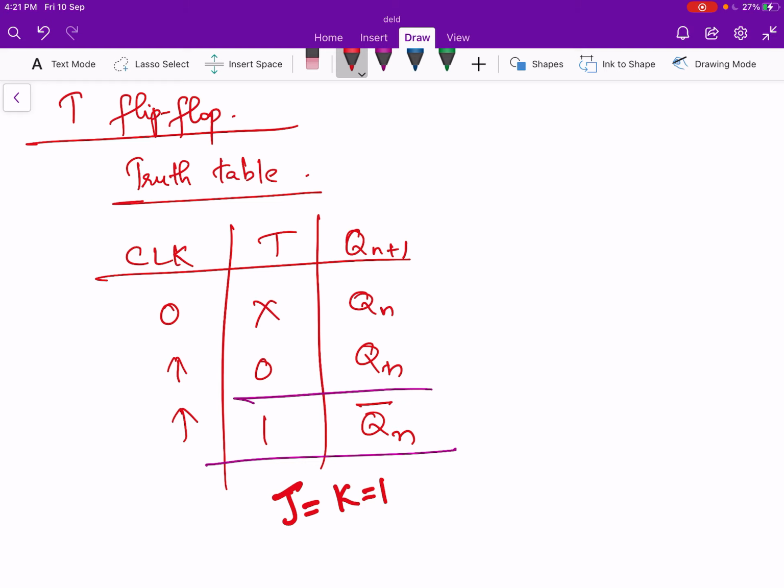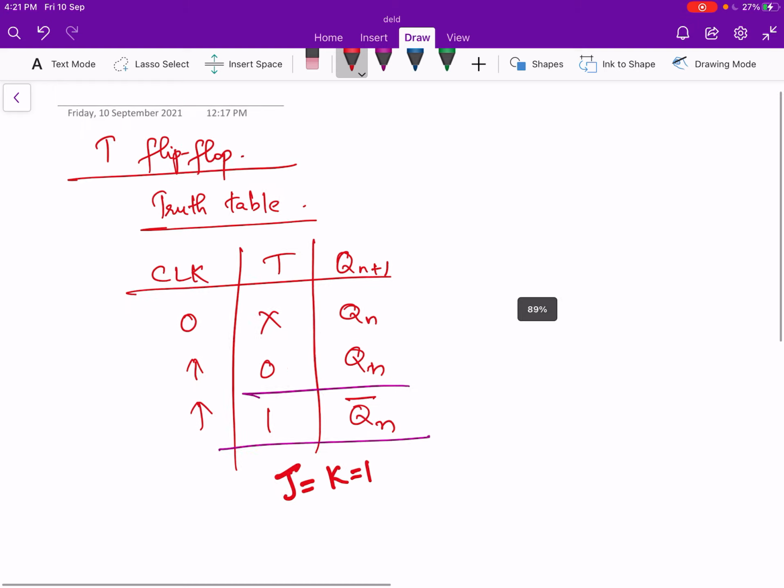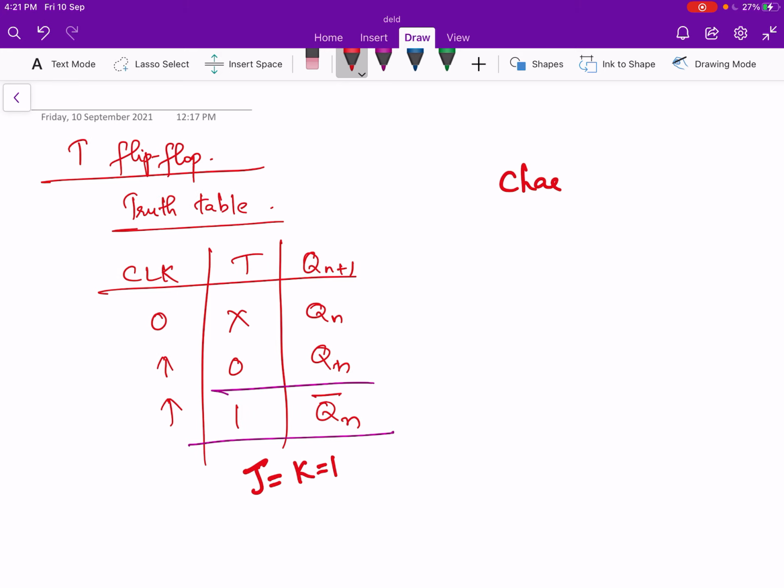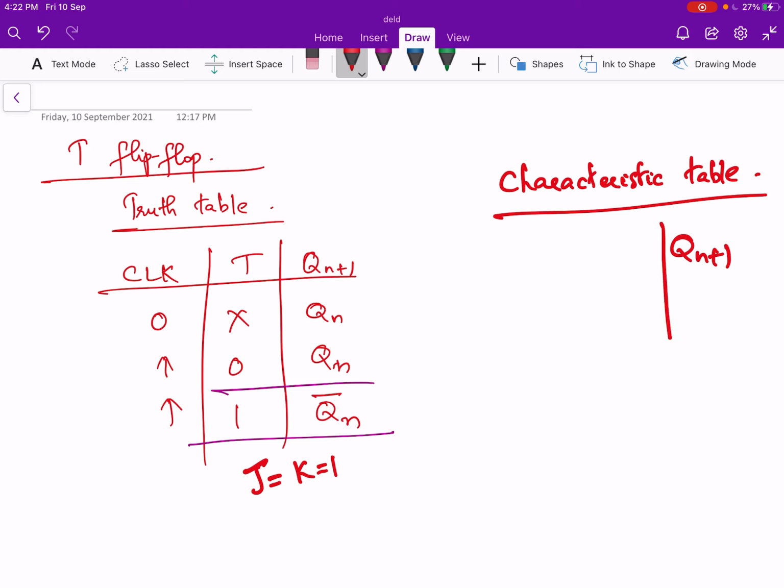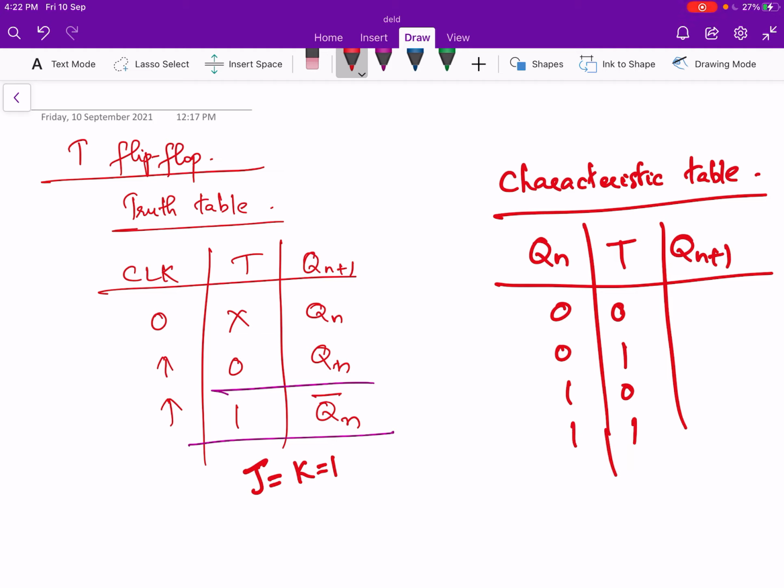Now we'll write the characteristic table of T flip-flop. The characteristic table will write Qn plus 1 in terms of Qn and T. Qn is the present state and T is the input. We will write the next state Qn plus 1 in terms of present state and the input, that is T. So there will be 4 cases: 0, 0, 0, 1, 1, 0 and 1, 1. So the output Qn plus 1 will be, corresponding to toggle input 0, what Qn plus 1 will be